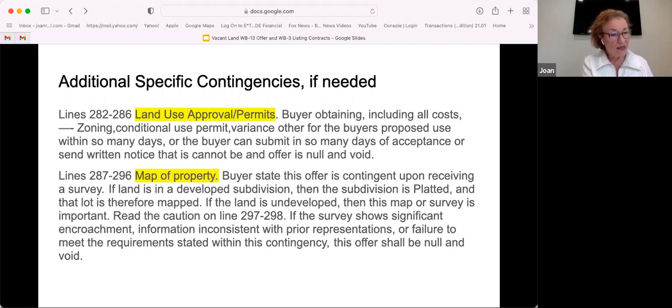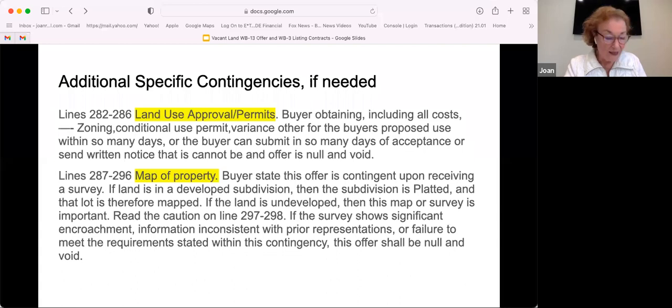That is talking about, let's get it. If the survey shows significant encroachment, information inconsistent with prior representations, you're learning more and more about this lot, and you realize that you're not going to be able to use it at all for what you want. This caution is very important if you're buying undeveloped land. It says